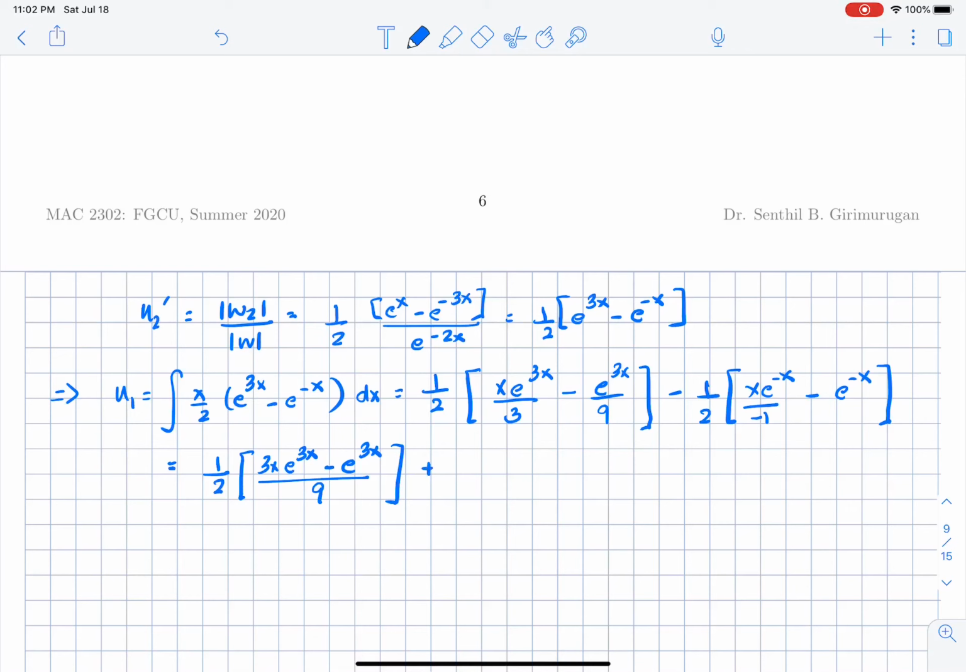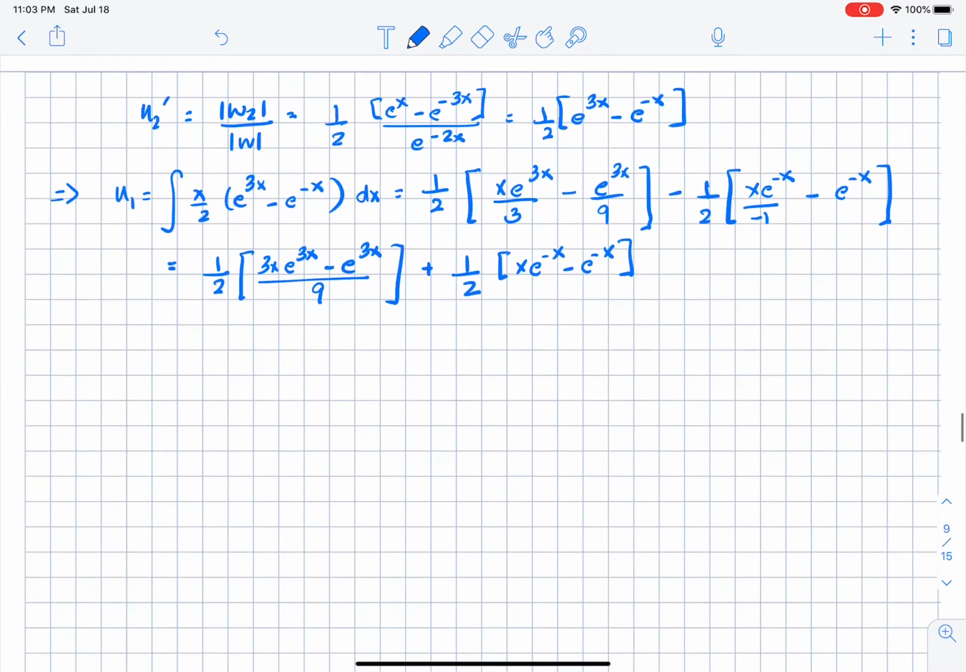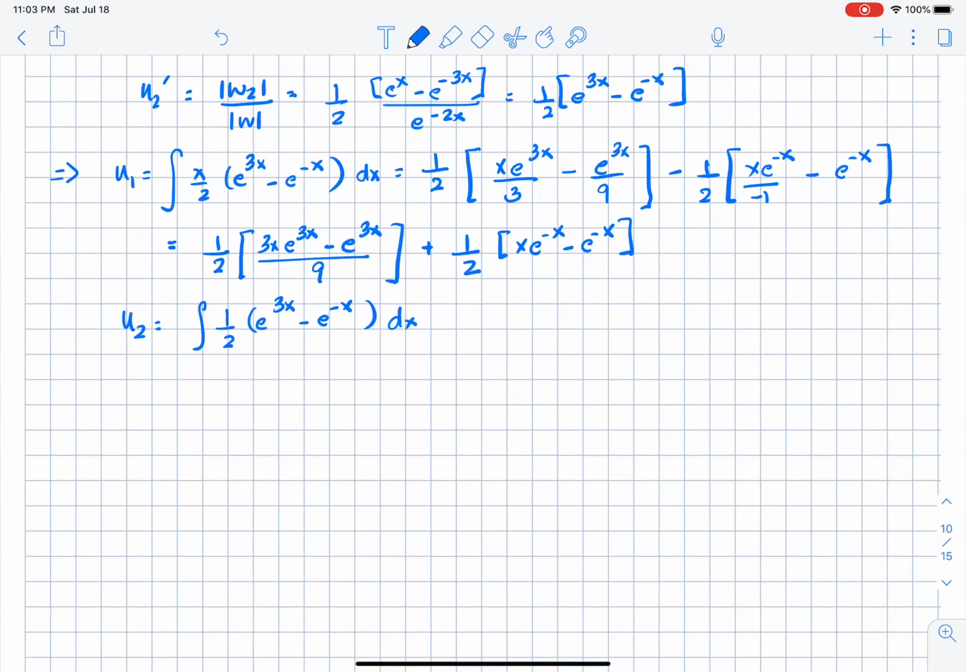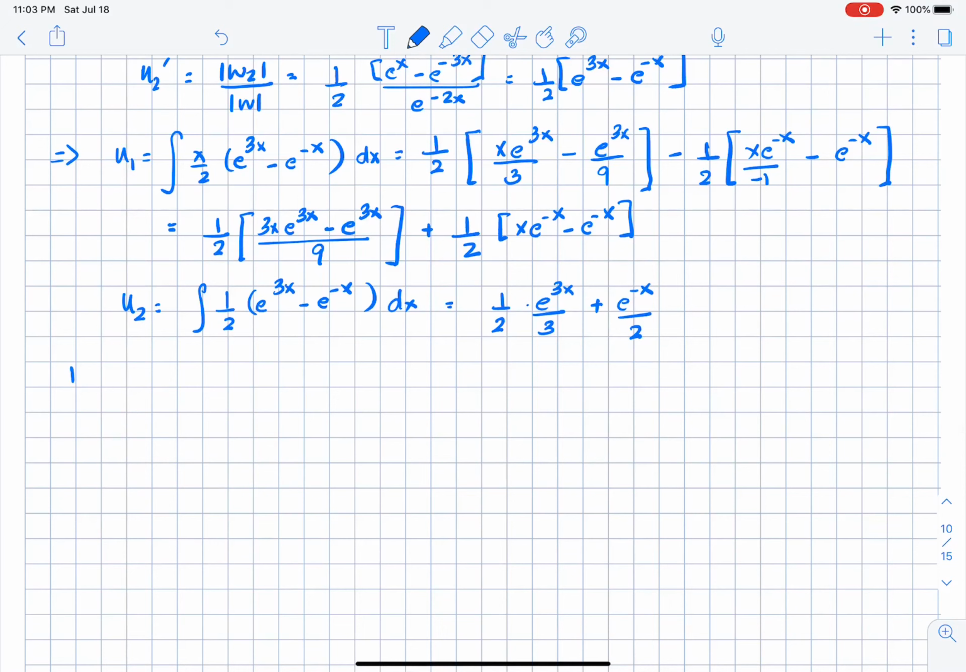We have a negative in common, so we could do 1/2 x e^(-x) minus e^(-x). That would be u1, and u2 is the integral of 1/2 e^(3x) minus e^(-x) dx. That would give us 1/2 e^(3x)/3 plus e^(-x)/2. So the solution now, the particular solution,